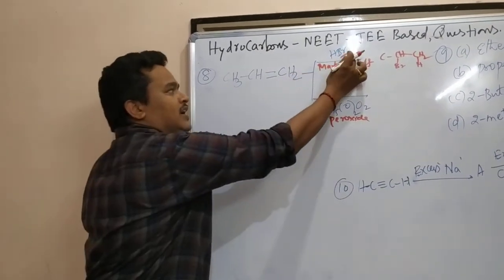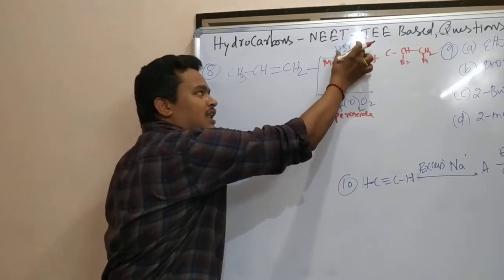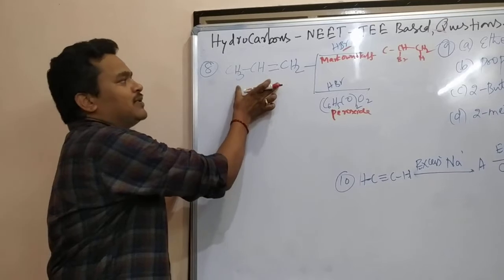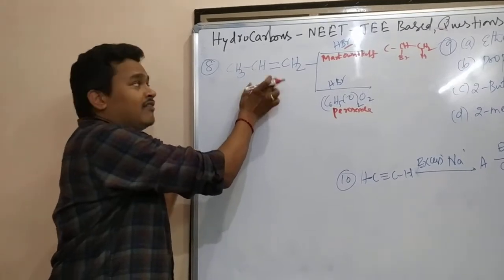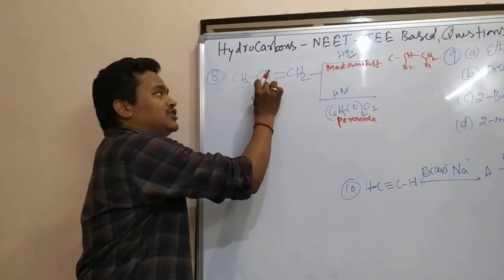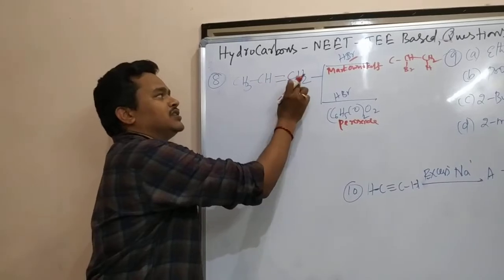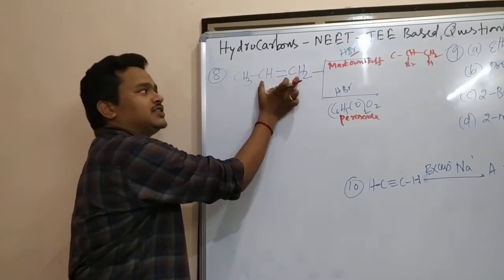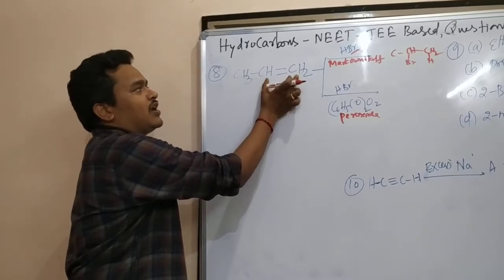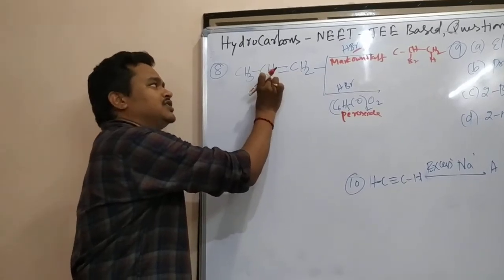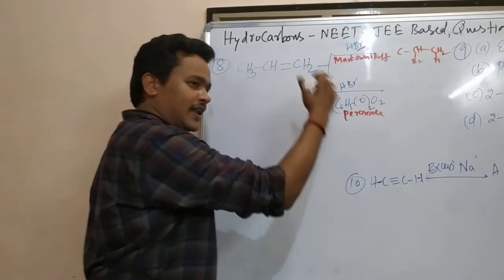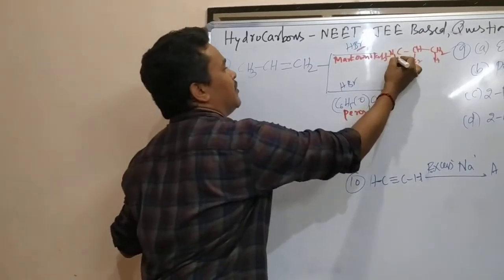The negative part of the unsymmetrical reagent attaches to the unsymmetrical alkene wherever the less number of hydrogens are there in a double bond. This carbon is also attached to the double bond, this carbon also. This is having two hydrogens, this is having one hydrogen, so less number of hydrogens, so this Br is going to attach here. I attach it here. Over. Directly the product only I am writing.